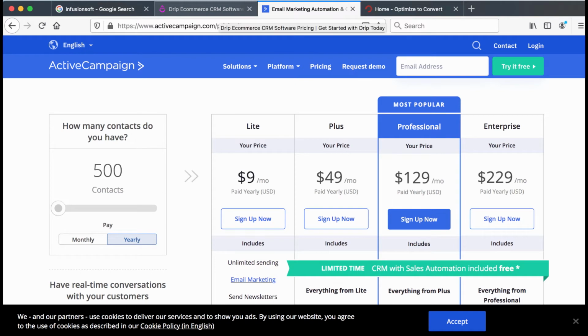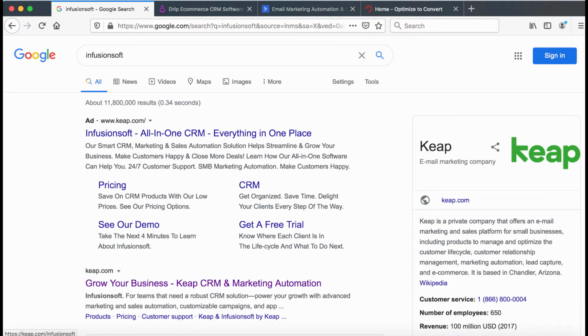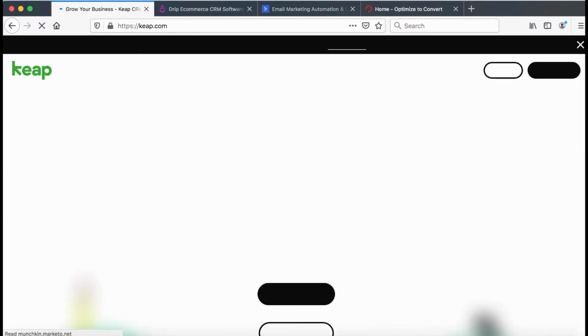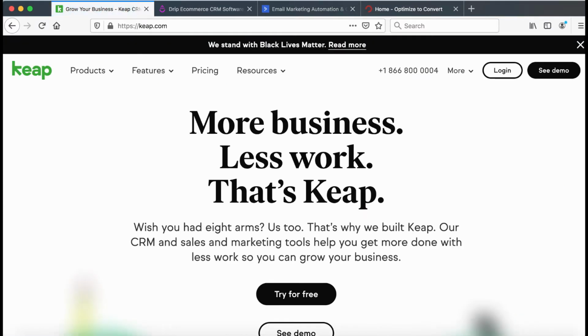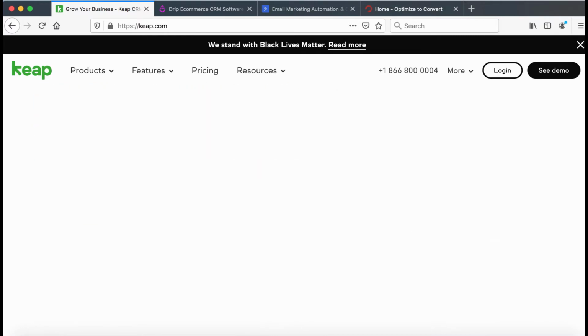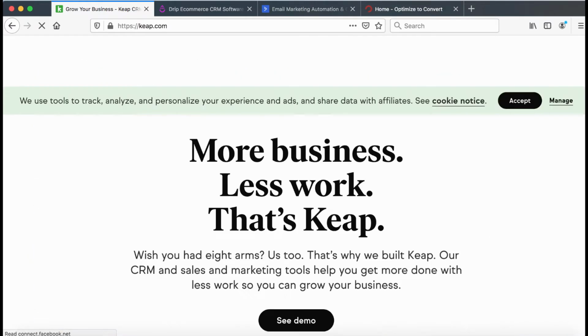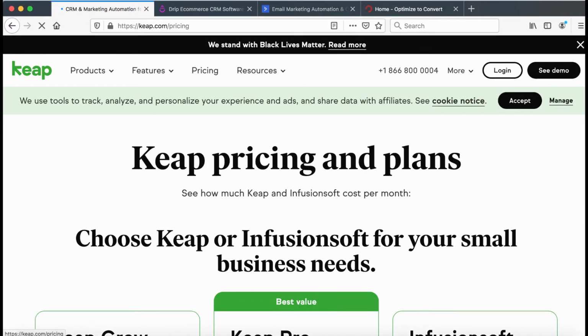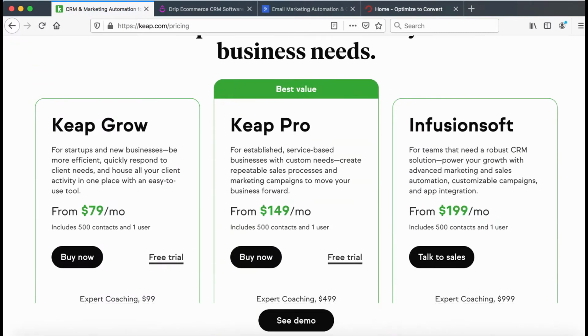I mean, just look at the price difference. Infusion doesn't even state their prices on their website, and I guess we can start calling the company Keep at this point, kind of a complete rebranding. Let's take a look at their pricing, though. I mean, when I worked with Infusion, they did not even put their